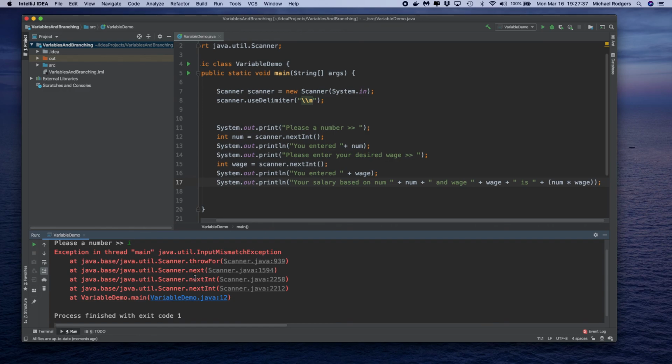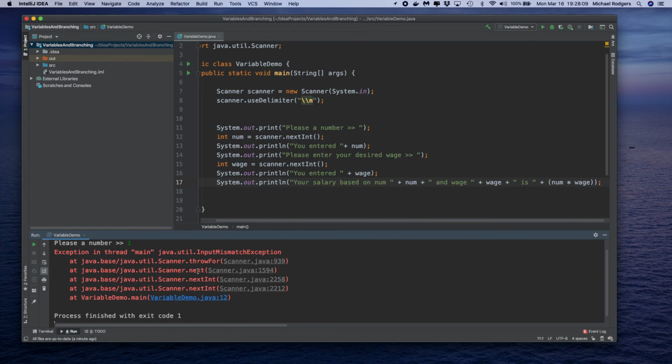Now internally, what's happening is it calls the next command, and next grabs a string value, and then it tries to convert it using next int. Excuse me, it uses next int, which calls the next, and next is trying to convert that value from a string into a